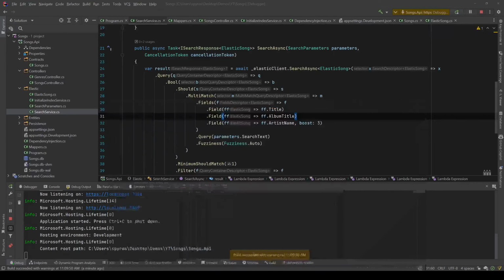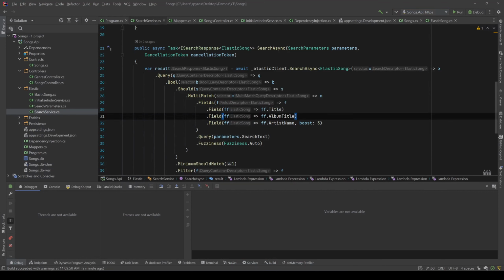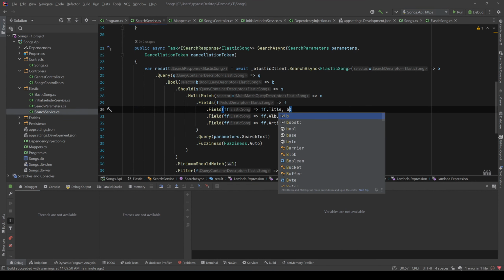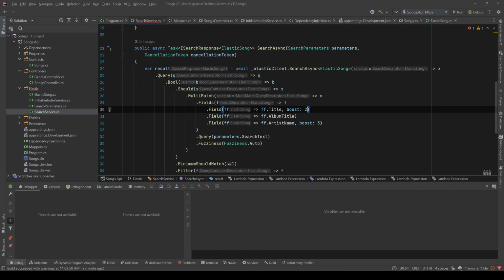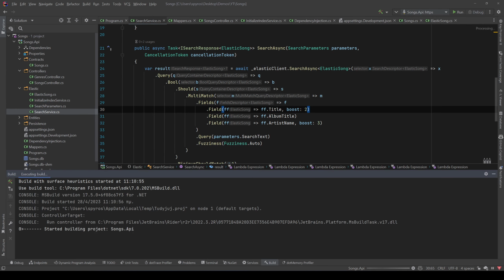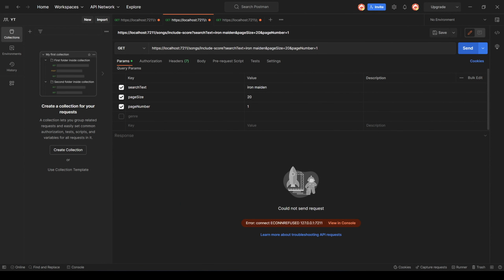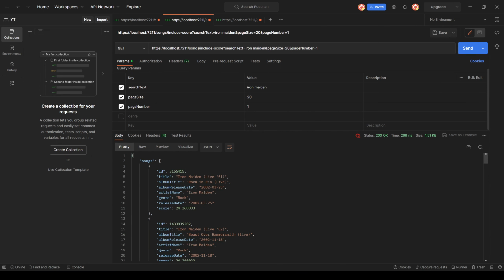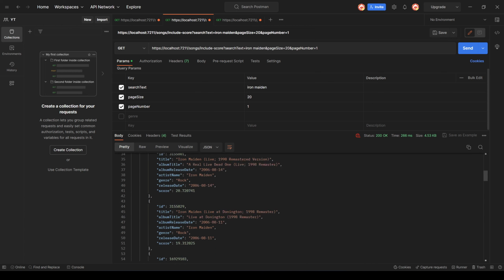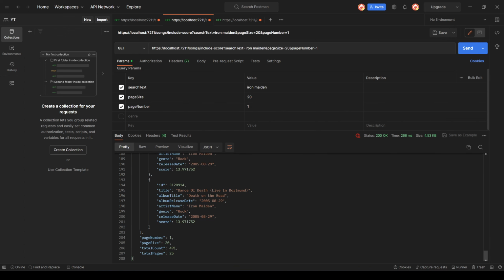And we can modify that even more. Let's say that we also need to give a boost of 2 in the title, and let's hit that endpoint again. Okay, now we get back the song called Iron Maiden by Iron Maiden with a score of 24. And again, all the results in the first page are from Iron Maiden. So again, that's something you need to figure out. And we have a total count of